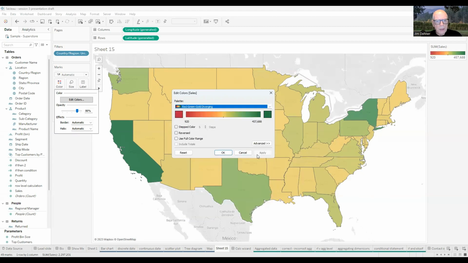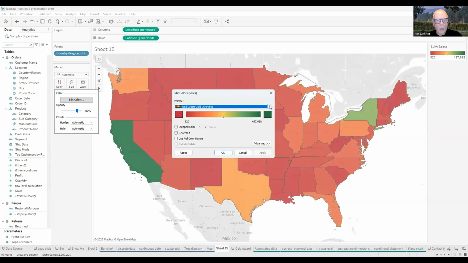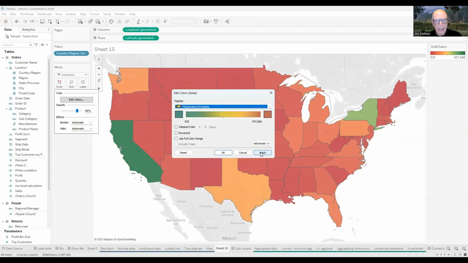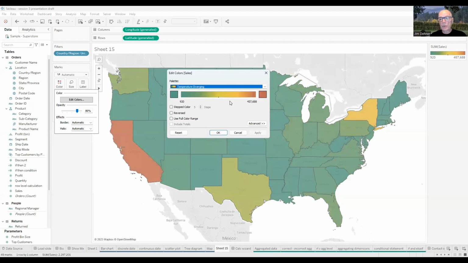You can take a look at this, or we can take a look at this palette here. Now we get to look at a number of different types like that, and it's a continuous measure across there, and you can see how the palette is laid out. We can also convert this to a discrete palette, and we can dial in the number of steps that we'd like to see. Right now, if we apply that,